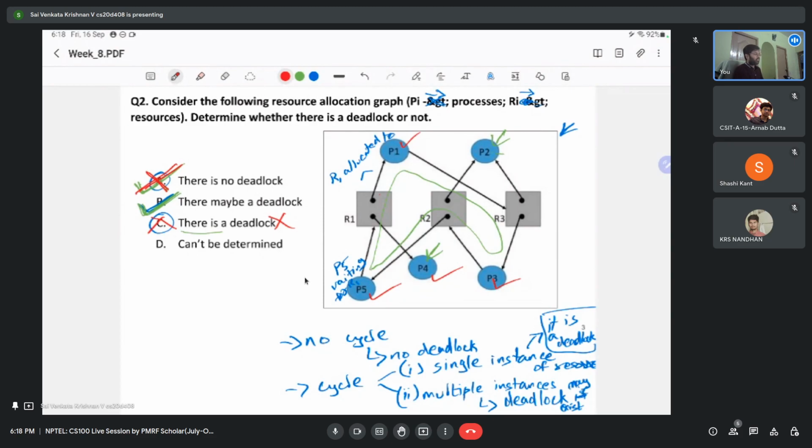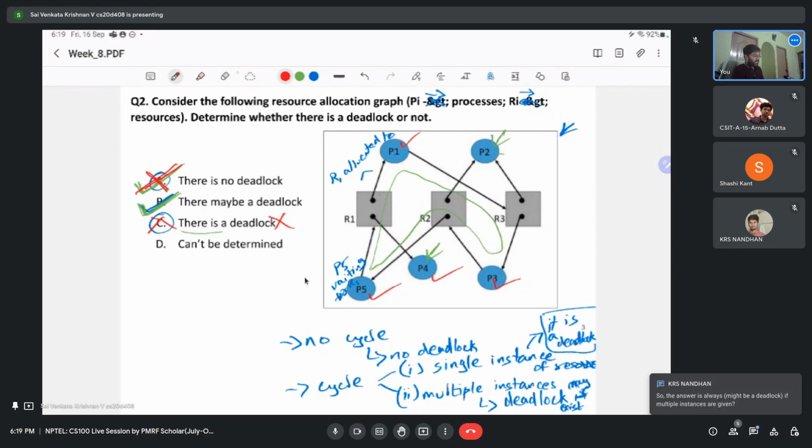But just from this resource allocation graph, we cannot infer much from the duration or whether it's preemptible or non-preemptible. So that's why in the lectures, when the professor explains that the cycle can be formed, if there is just a single instance of that resource, we are for sure that deadlock is there. But if there are multiple instances, there may be a deadlock only. So it's not for sure. So the safe answer for this is option B. There may be a deadlock,